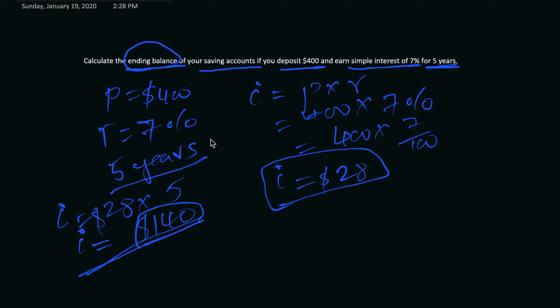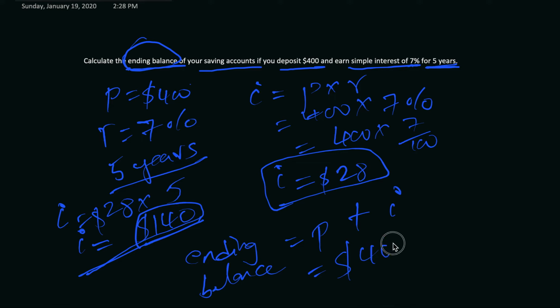But that's not the end of this question. We are asked what the ending balance is. So the ending balance would be principal plus I. So in this case, principal is 400 and I is $140. So our ending balance would be